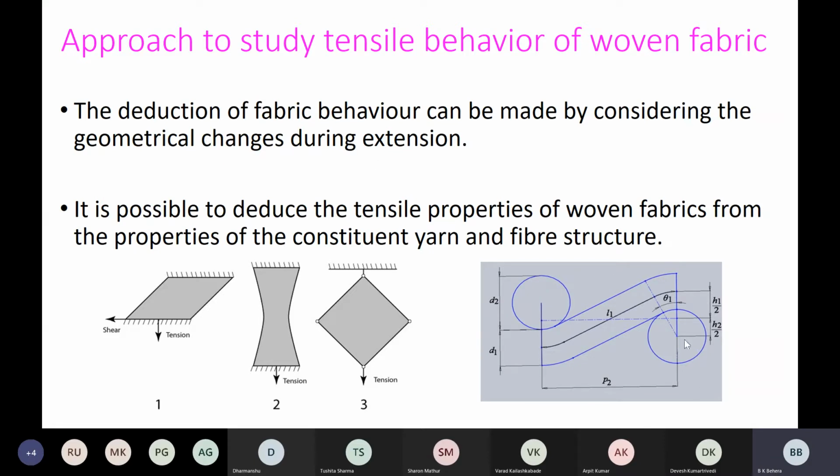For example, you are all acquainted with this geometry of a plain woven fabric. And let's say I am applying a load in this warp direction. Look at my cursor, warp direction. When the load is applied in this warp direction, all the geometrical parameters will change. H will change, L will change, theta will change. That means with application of a load on the fabric, we can express the changes, or the deformation, with the help of geometrical changes. So that is what is written here.